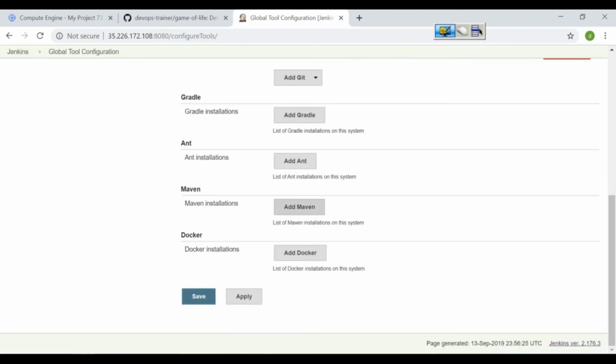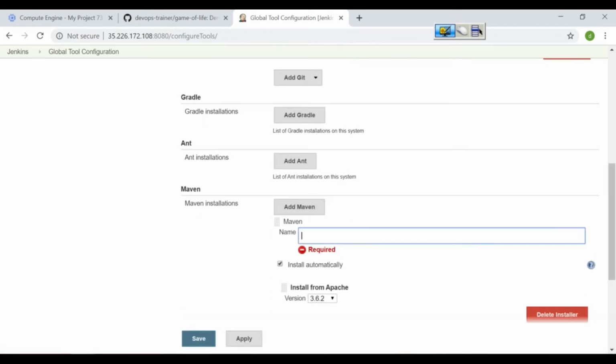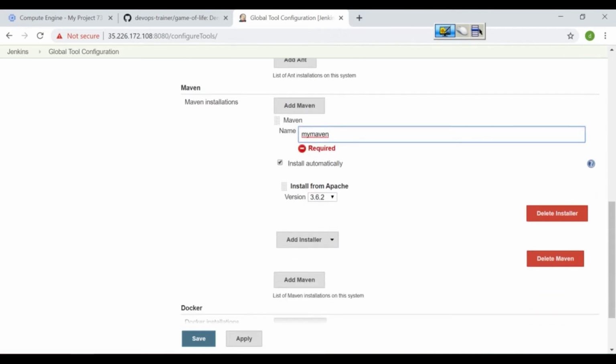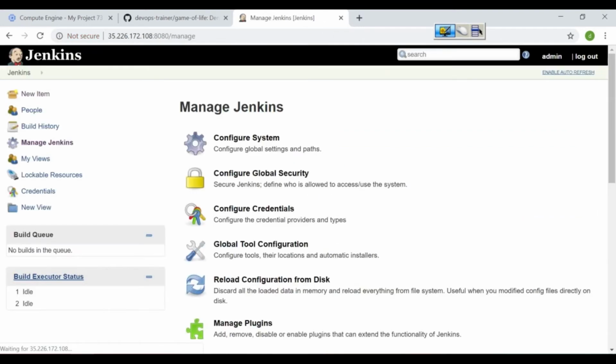Select this, add Maven, give some name to your Maven installation, let's say my Maven, and you can choose the version here and save it. So Jenkins will install Maven automatically through this automatic installer.